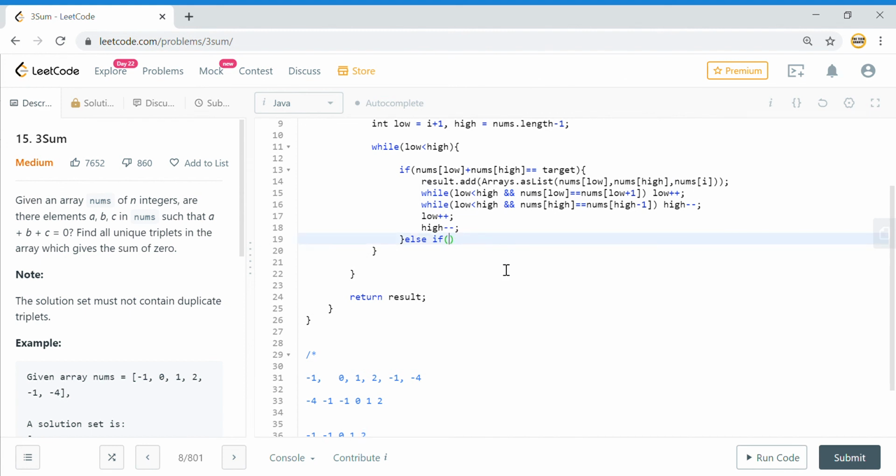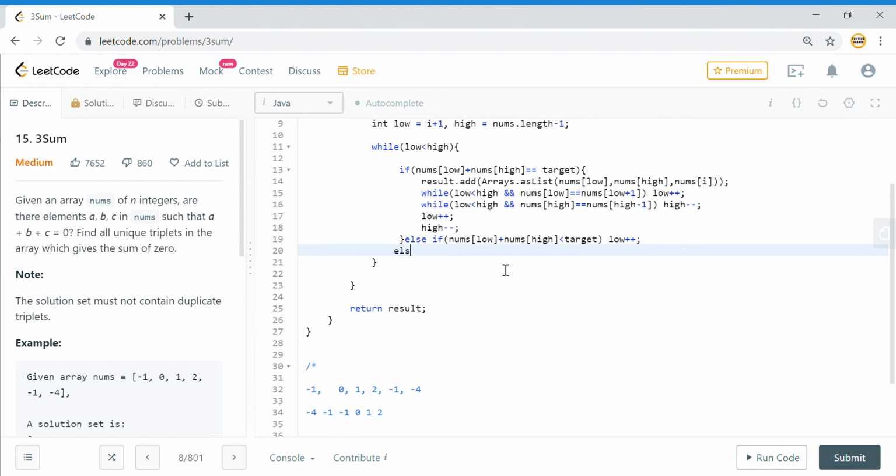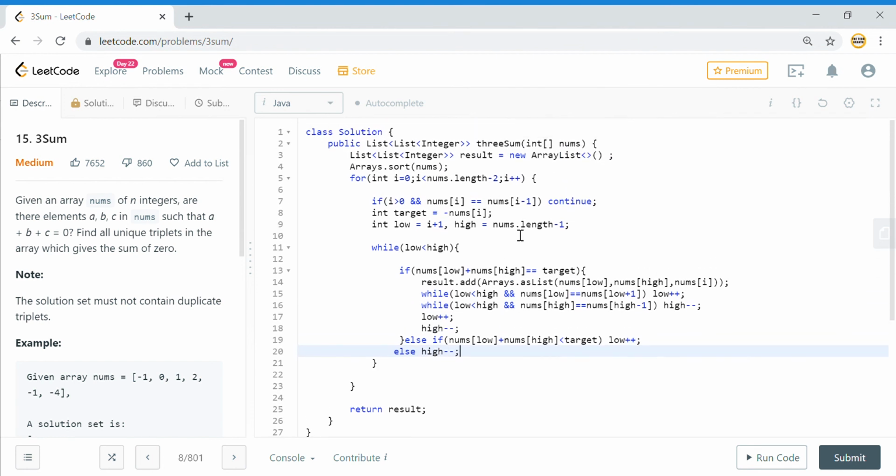So if nums of low plus nums of high is less than my target, I need to increment my lower bound. Else, the last condition is that the sum is greater than the target, and in that case I need to decrement my higher bound.